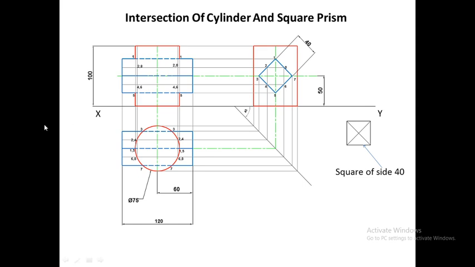Whichever points you are marking on the left side, same points have to be marked using the same method on the right side also. Now in order to mark point number 3 and 7, you have to draw vertical lines passing through point number 3 into the front view from here, and also vertical line passing through point 3 and 7 into the front view. And then wherever these center line representing point number 3 and point number 7 cuts the vertical lines, that will be marked as point number 3 and 7 respectively.